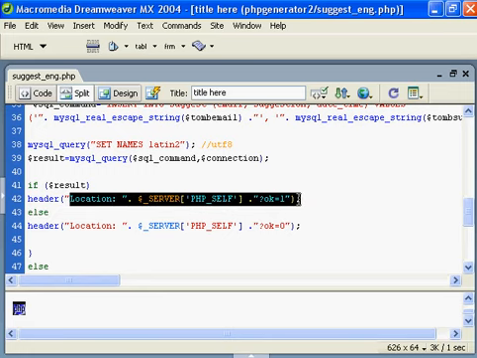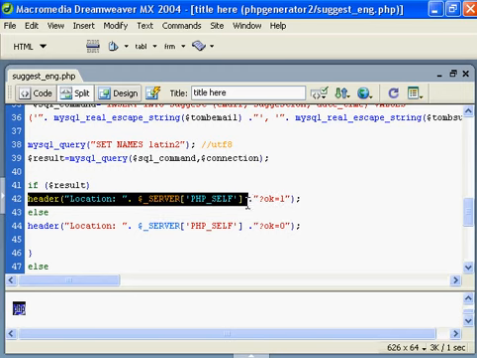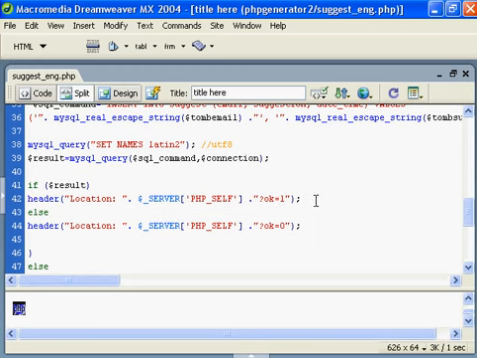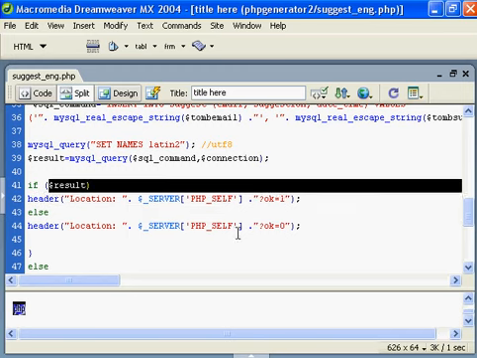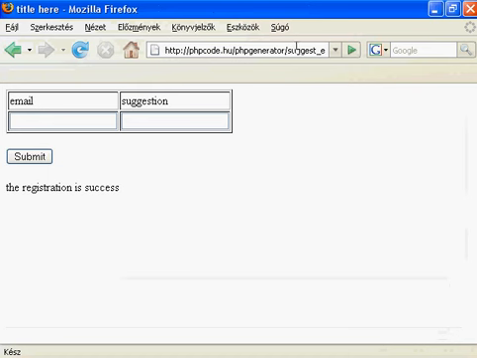It's true, of course. Then it made a header location to go to another location, and the location is suggest english.php, of course. If the result is false, it goes to this location. You can see the link. OK is 1,